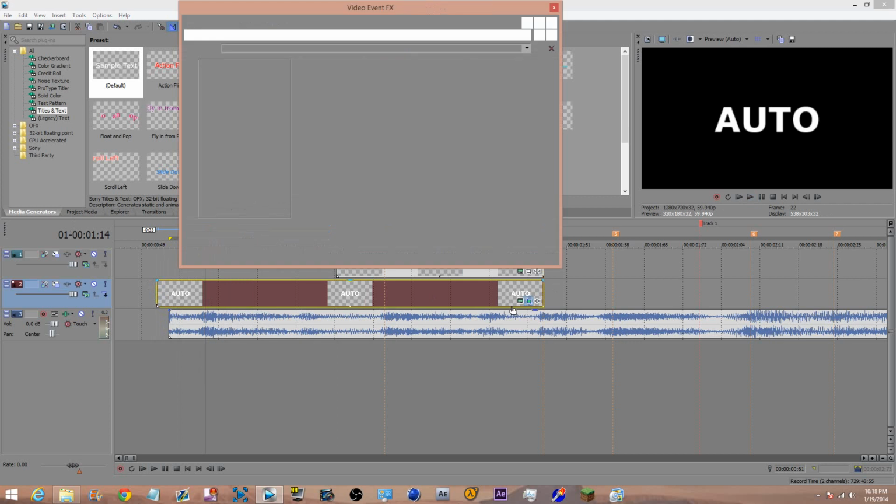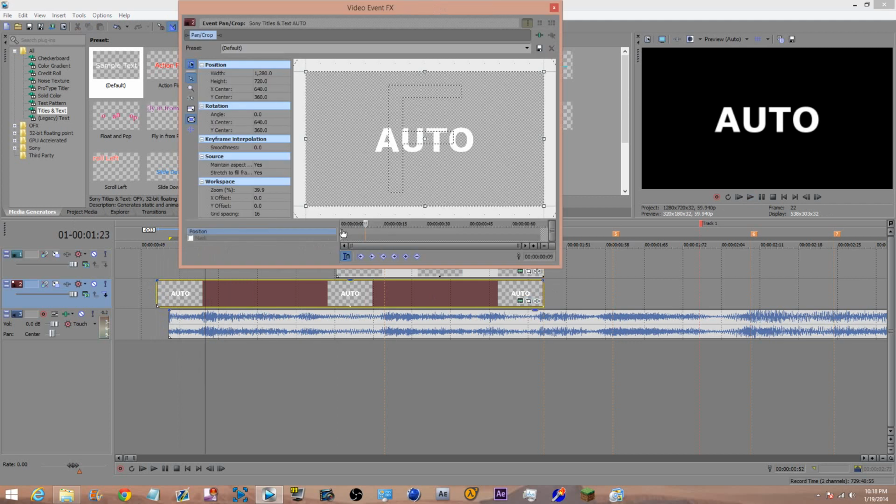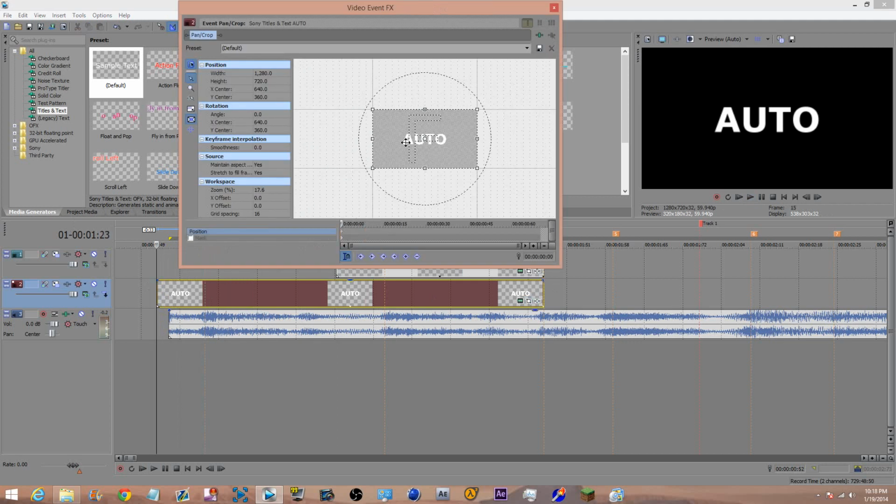So we're going to go into our pan and crop, go to our position, and drag. I'm going to have it come in from the right, from the left. It's opposite. So if you go to the right, it will come in from the left. So I'm going to go from the right, and I'm going to change this to a slow, go all the